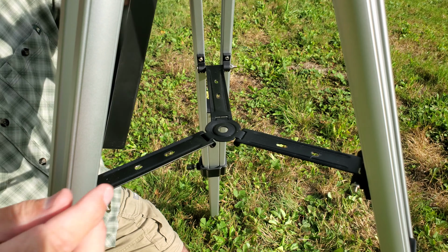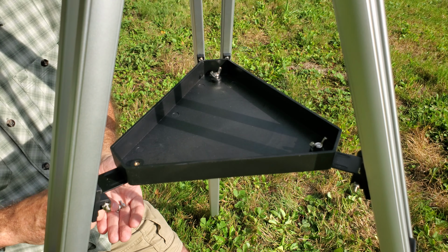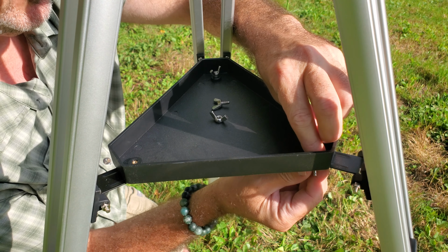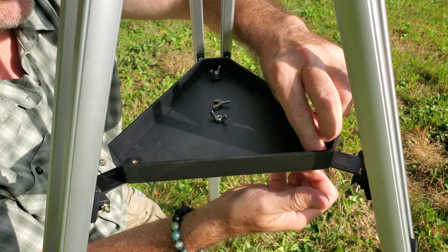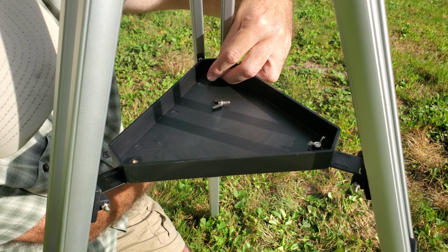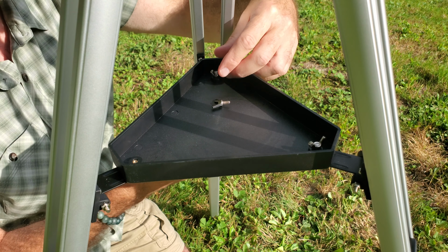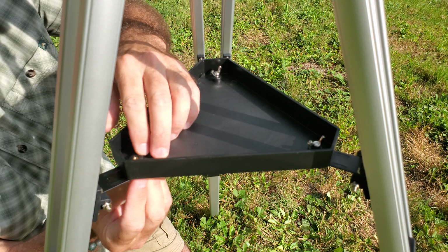I've got 2 of them on here, and I can put them through these holes like that. Now I can take one of these wing nuts, and I can just feel exactly where that's going, and I can just give that a quick spin, and that's on. This one, that's on. Okay, so when I get the third one, when I purchase that, one will go right in here,